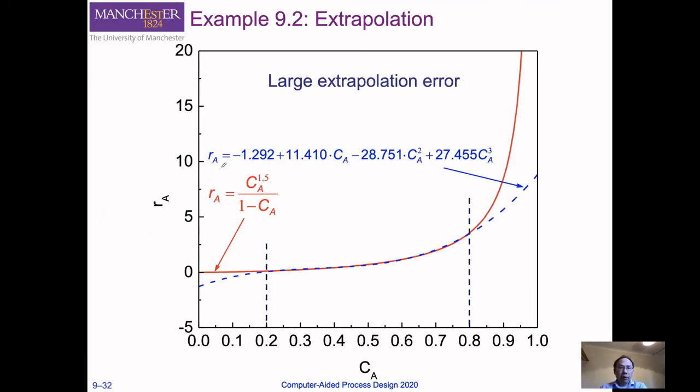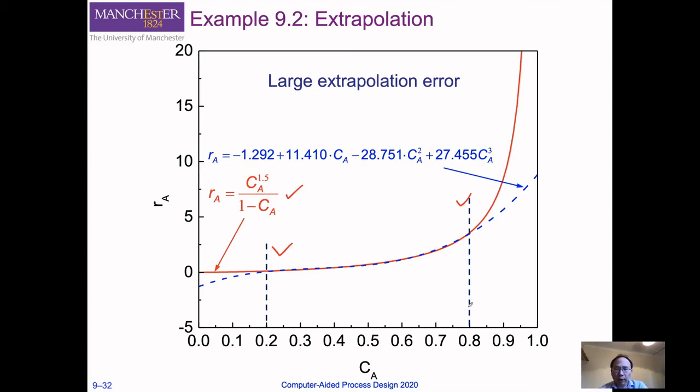If we compare the empirical model with the model developed by using the theoretical approach, then we can see the difference between them. The red line is the reaction rate from the theoretical model. The blue dashed line shows the reaction rate from the empirical model we developed. Then you can see in the range of the concentration from 0.2 to 0.8 it performs exactly the same as the model